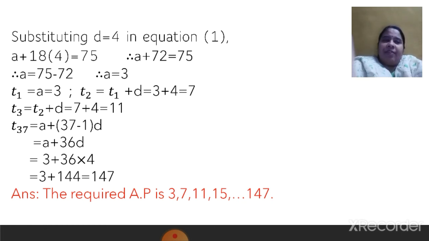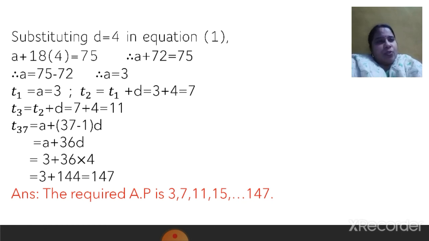Yes, see, whenever we are finding an AP, we are restricting ourselves to the first 4 terms. But in this particular sum, we know that the last term is 37. So we will end it as a finite AP where we know the last term. Okay. So the required AP is 3, 7, 11, 15. If you leave it like this, dot, dot, dot, marks will be deducted. Because in this, you know the last term, you need to get the last term of the AP also as 147. I hope these steps are clear to you.